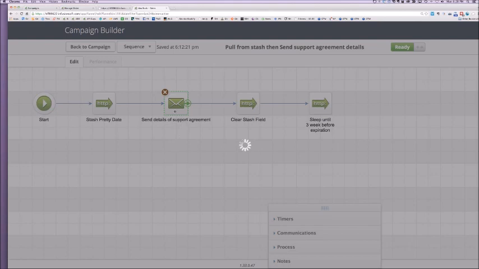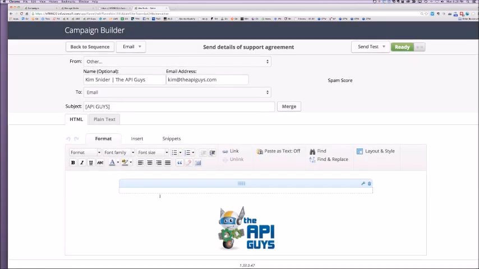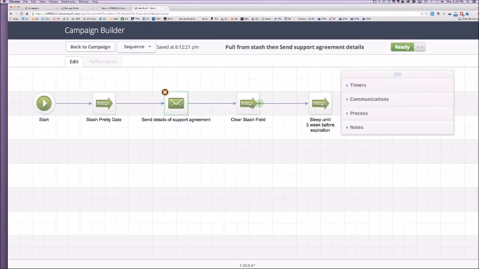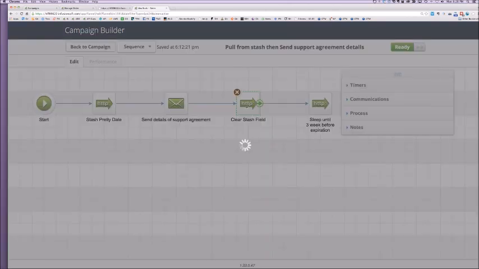This is that same email that says, thanks for your purchase. Your deal expires. Your agreement ends on this date. Okay, and I stashed it in middle name here because where it's going to live for the next 6 months is in the order. But I had to stash it here temporarily just to get this email out, right? And then what I did is I cleared